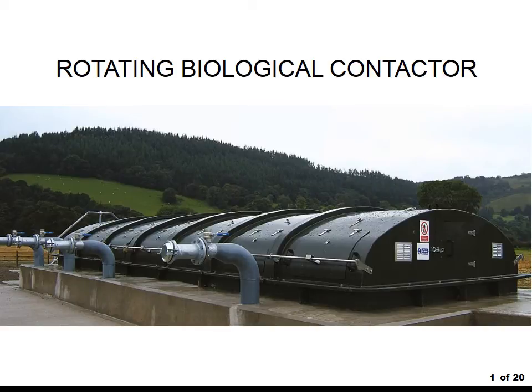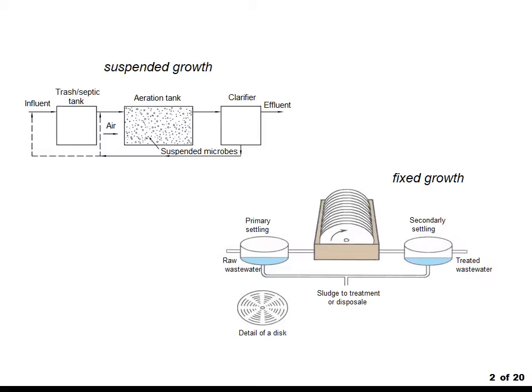Today I would like to talk about the rotating biological contactor, which is a biological way of treating wastewater, and it's much more eco-friendly compared to chemical treatment of wastewater. In biochemical treatment of wastewater, we use microorganisms, and they can be grown in two ways. One way is suspended growth, while the other is fixed growth, where we have formation of biofilm on discs, also known as media. This kind of system is exactly the one which is used in RBC, and RBC